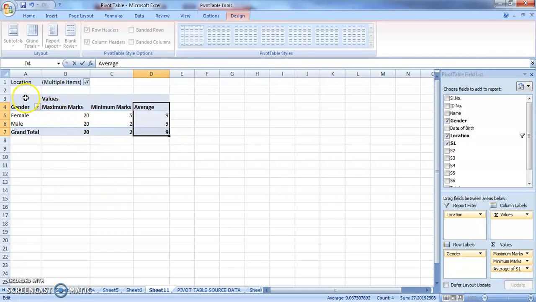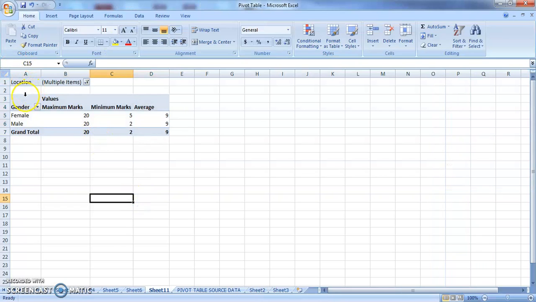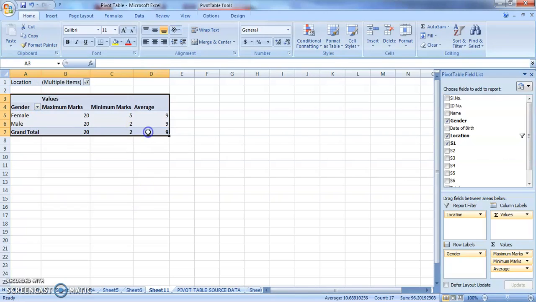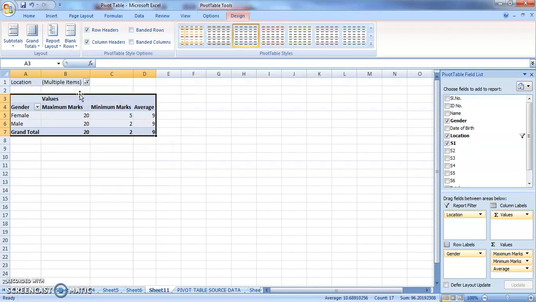And if you want it as a table format, then you have to go to the design option, right? You can see here there is a report layout. There are 3 different layouts. It can be in a compact form, in an outline form. I'll show you again. Go to the report layout. And here you can see compact, outline and tabular. Now I want this in a tabular form. So just press tabular form. You will get the tabular form. Okay, maybe as there is no style applied, you didn't identify it.